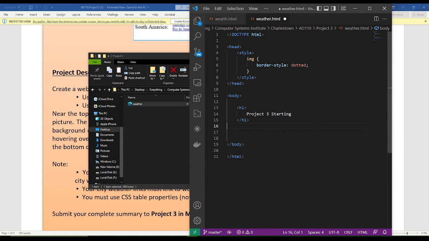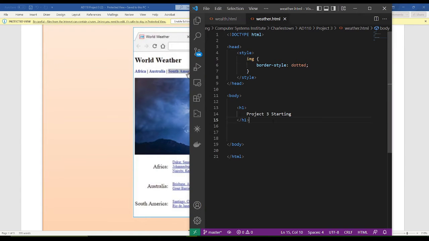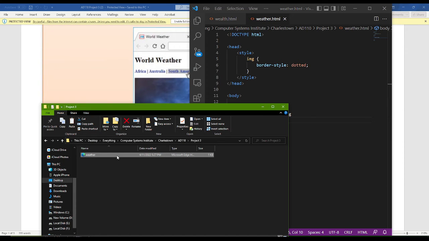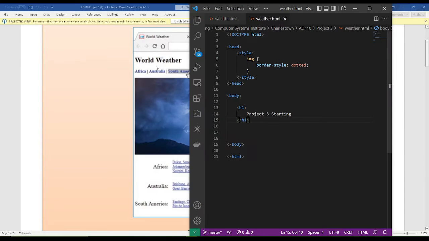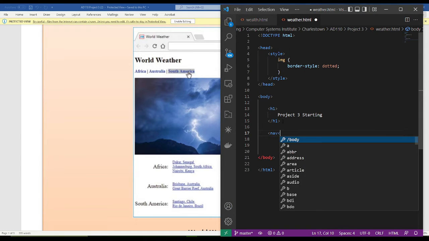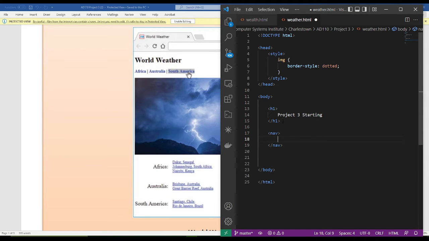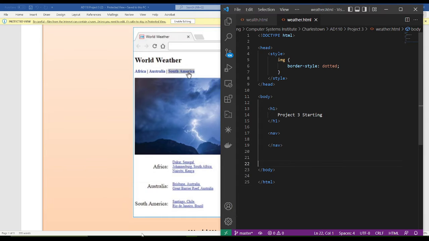What I'd like to do is get us to a place similar to this one. So I have my project tree starting, and underneath it I have this section of three different links: Africa, Australia, South America. That tells me I most likely need to create a navigation section, or a nav menu, which will tell me what each of these is doing. And if I immediately try to use my nav menu, what will happen